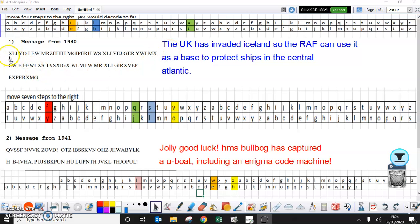So in this one, I've taken the XLI. So X is T, L is H, I is E. That will spell out "the". So I'm pretty confident that that would be the cipher for this particular code. Now the cipher is the pattern for each of the letters. So what that means is I would get my two lines of letters, line the T up underneath the X, the H up underneath the L, the E up underneath the I, and then I can translate the rest